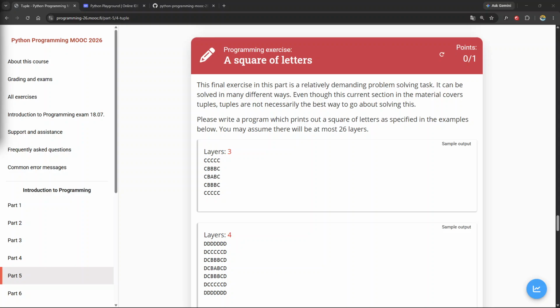So, we are doing the final exercise in section 4 of part 5, which will conclude part 5 in our progression in the course. And for this exercise, I needed some time off screen to think about it because the instructions, as we'll read them, aren't that descriptive. They're very open-ended, which, again, isn't necessarily a problem because programming in general is very